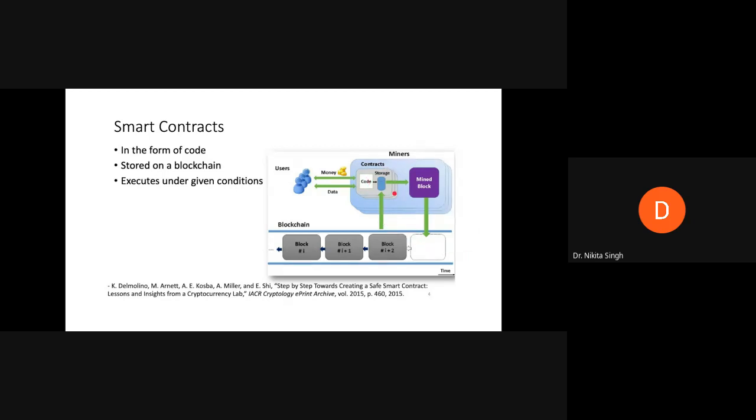You will have contracts and you will have transactions. Either the transactions will be to transfer money from one account to another, or the transactions can be because of the execution of smart contracts. So in any case, transactions will be generated and the miners will pick up the transaction, solve the proof of work computational puzzle, mine the block, and that block will get added to the blockchain. So this is the architecture diagram for the working of the Ethereum blockchain.